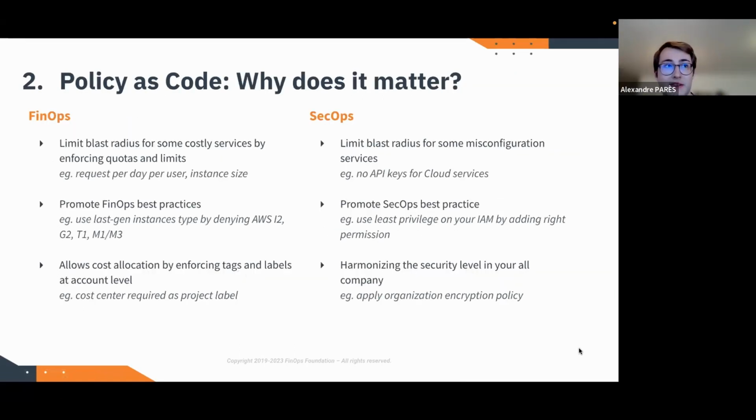Can you switch? So why does it matter? First, FinOps policy can help us limit the blast radius by enforcing quotas and limits. An example could be the number of requests a user can make on a specific database service. Secondly, policy can help us promote best practices, for example, to use latest generation instances. And finally, they will help us enable other FinOps capabilities, such as cost allocation, by enforcing specific tags